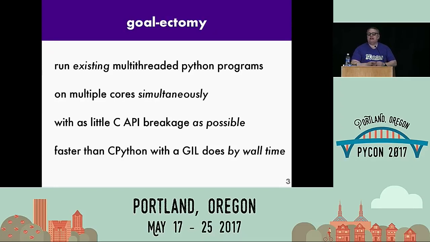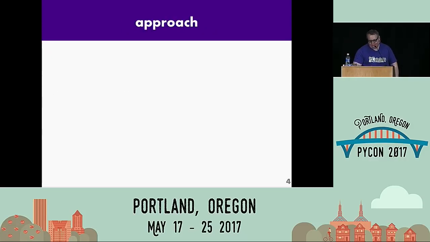And I want to run it faster than CPython does with a GIL by wall time. So this is if you had a stopwatch and you started your program running, and when it finishes you hit it again. If the program ran faster, then I will declare the Gilectomy a success, which it has never done. The approach that I'm taking, and again, this was most of the talk last year, Python uses